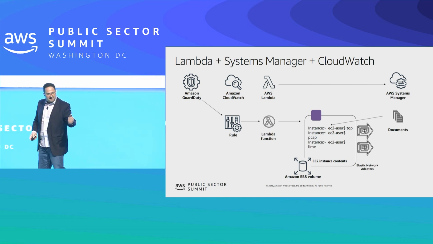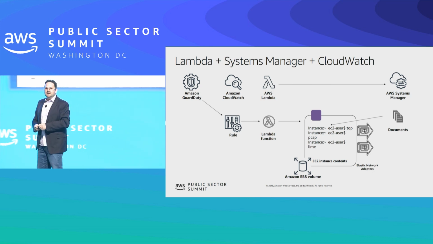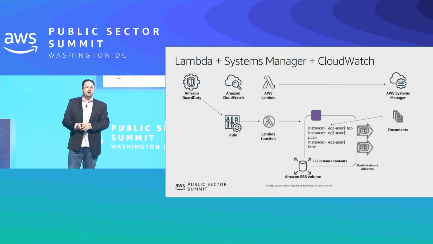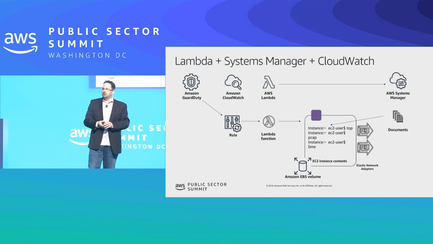The other thing it's doing is it's saying, hey, when we have a compromise like this, take a snapshot of the storage, send email to our forensics team, and tell them to come and set up the forensic software and start to analyze this and see what actually happened. Again, in real time, automatically, because it's actually happening via Lambda and some of these other tools that you see here.